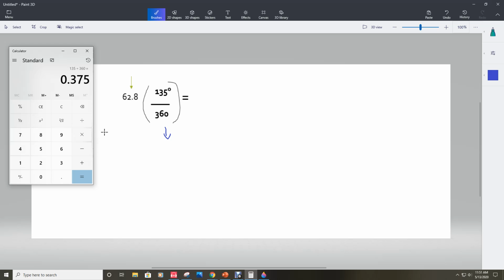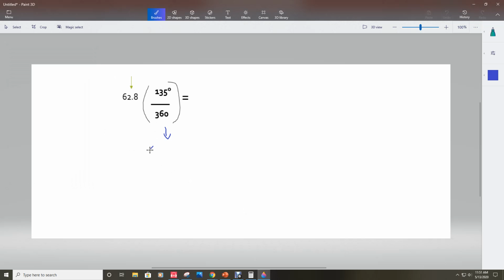Okay, 0.375. So I'm going to write that, but I'm going to keep my parentheses here. 0.375. I know it's ugly. Okay, I need to bring this 62.8 with it. 62.8